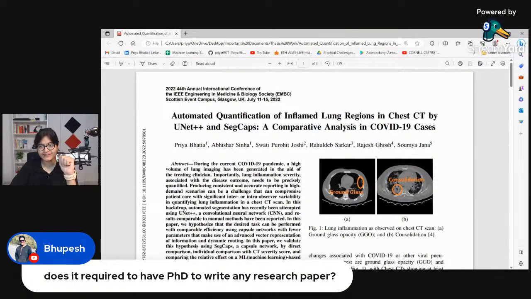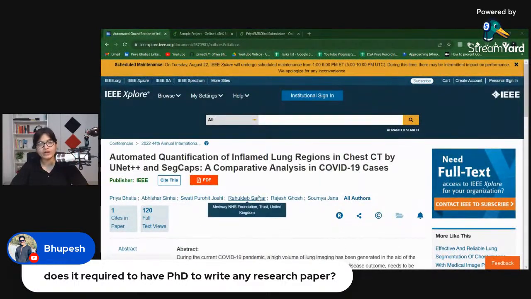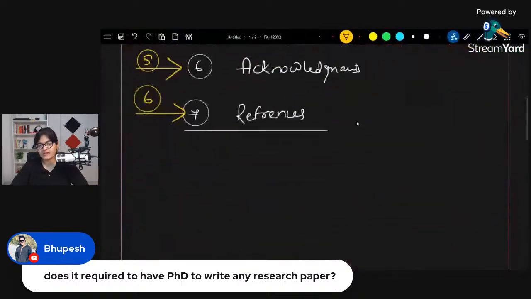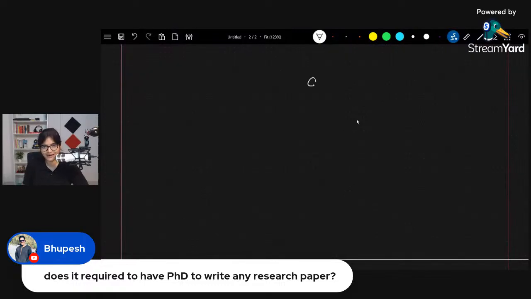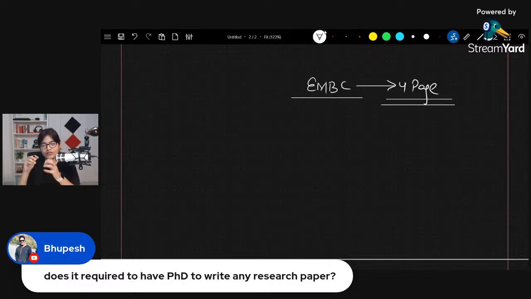Usually, it really depends on the conference where you are trying to publish your research paper. For example, here I have made a publication at the EMBC conference. There the rules and regulations are that you have to write a 4 page research paper. You have to check where you are publishing, and accordingly every publication will tell you what terms and conditions you have to take care of. Some will say 4 pages, some will say 5 pages, some will say 8 pages. Accordingly, you have to increase or decrease the content of your research paper.